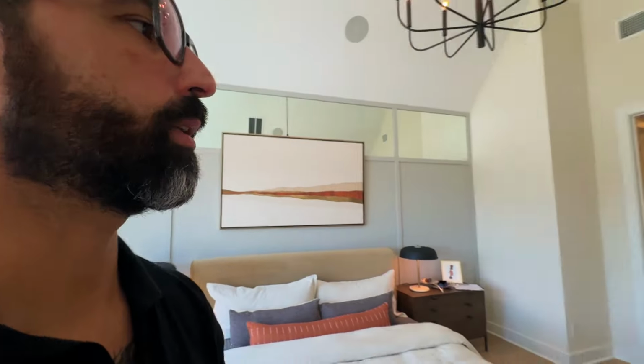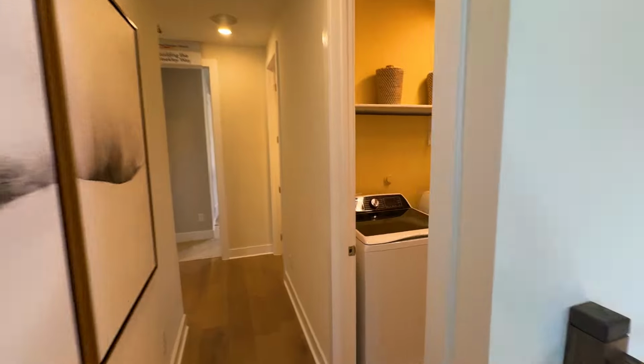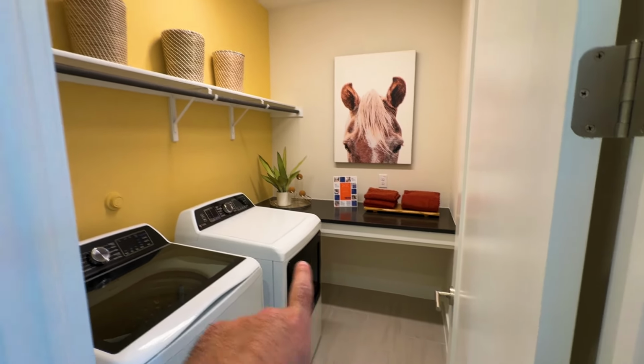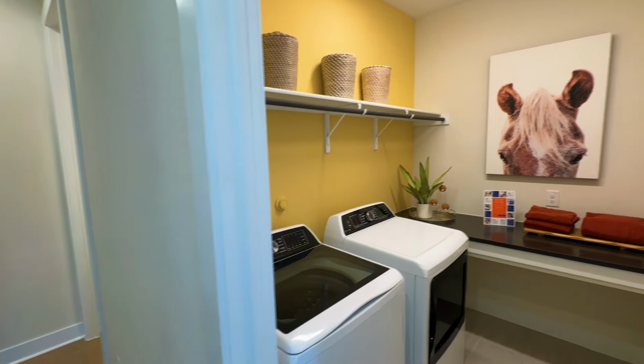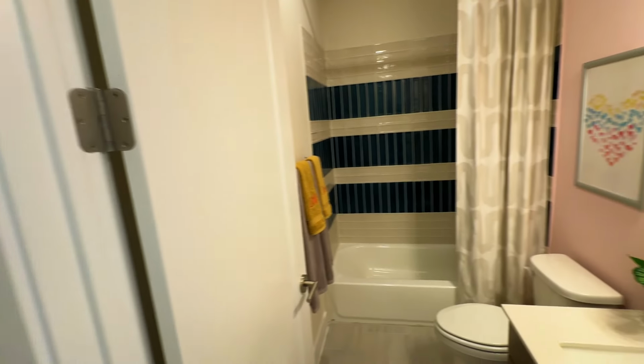So let's see the rest of the house here. We have a laundry room. Now, typically that will be an upgrade, but it will definitely come with the shelf at the top with the hanging rod there. And then we have a full bathroom here, and then